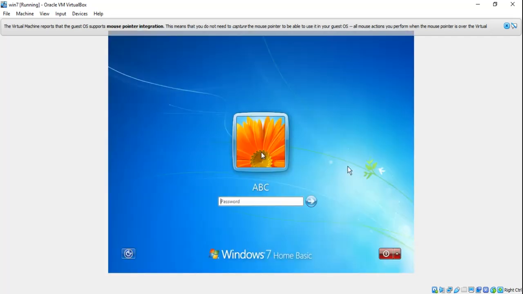Okay, see, we have a username ABC, but we don't remember its password. So let's reset that. Click on Utility Manager.